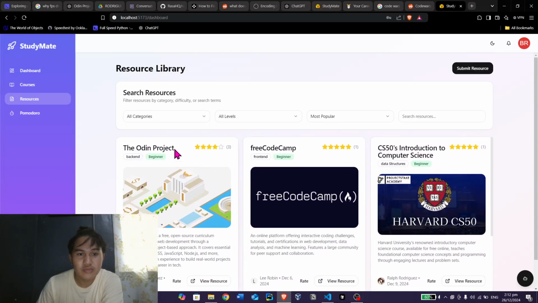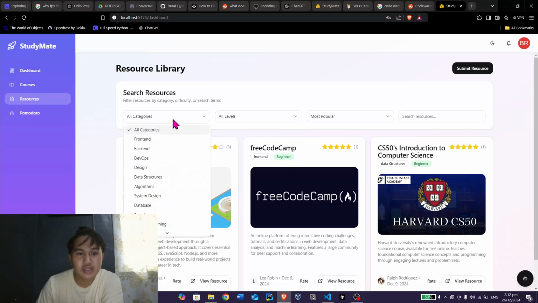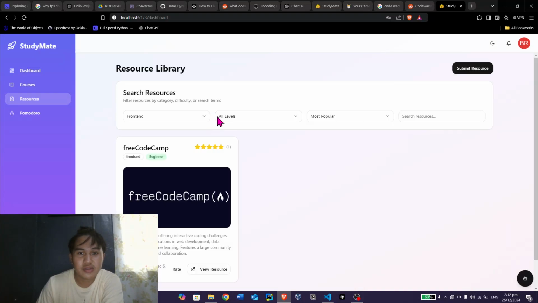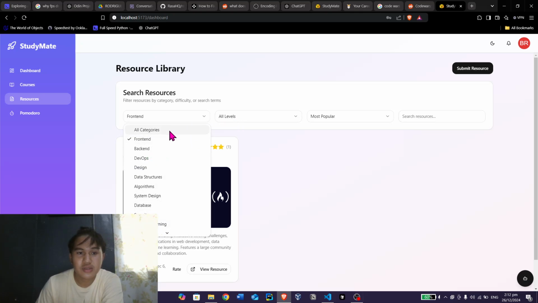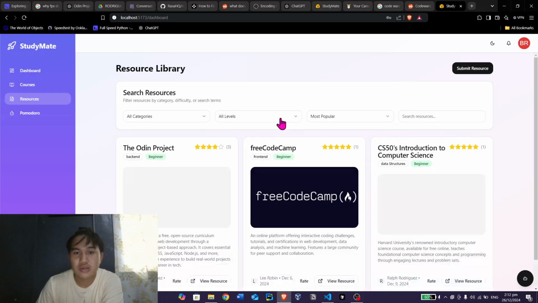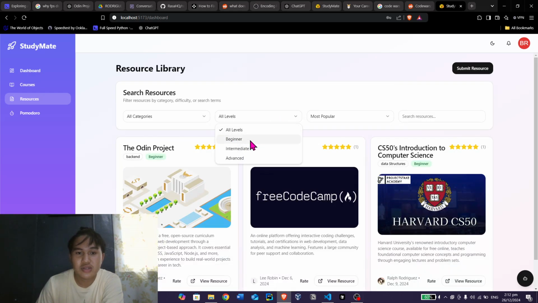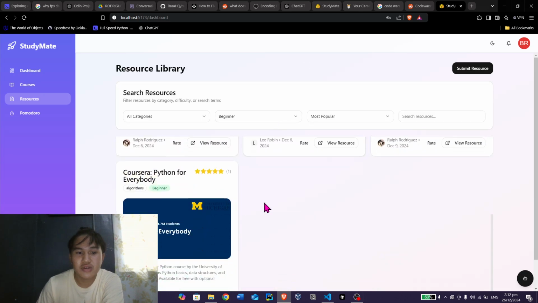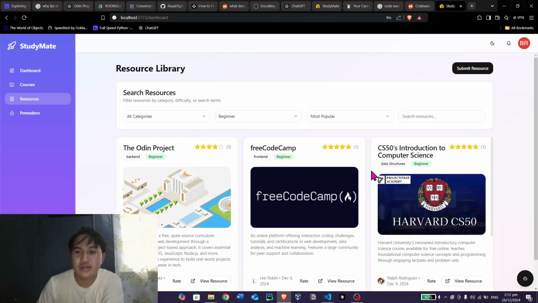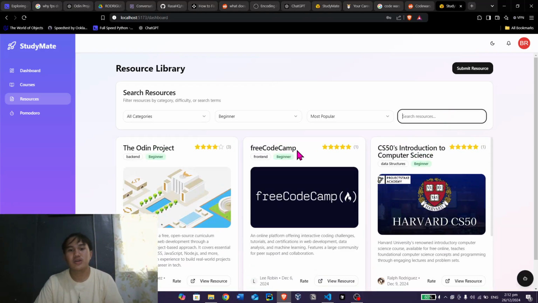You can filter it by these categories, like front end, or you can filter it by levels, like beginner. For the beginner ones, only those will be rendered. You can also search.